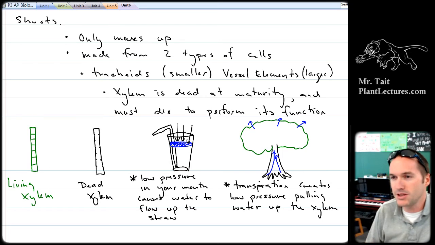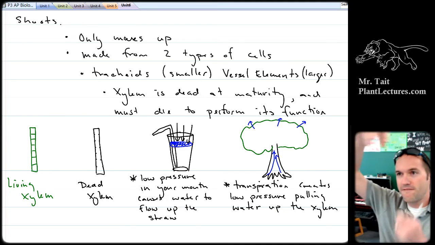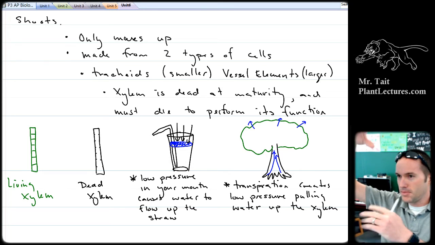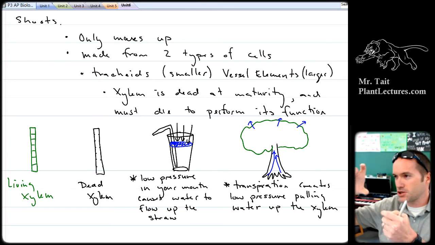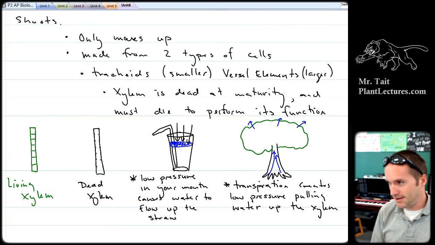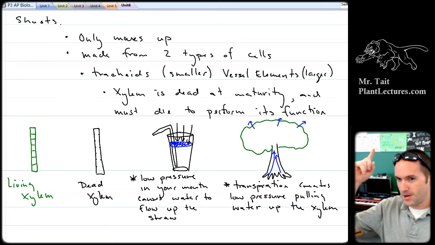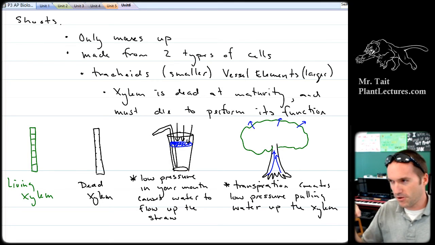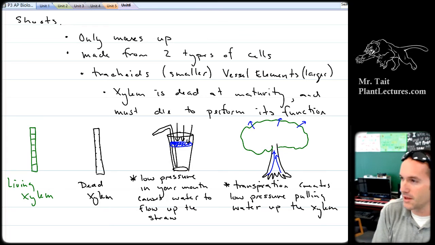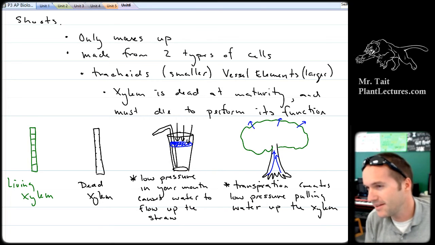And the reason why you can't do it is because when you get to a certain vacuum in the top, the water begins to boil, right? Because when you reduce the atmospheric pressure enough, then the vapor pressure of the water causes the water to boil, okay? It's like 33 feet that you can get it up, right? But are trees ever taller than 33 feet? Yes. So how does a tree taller than 33 feet prevent the water from boiling?